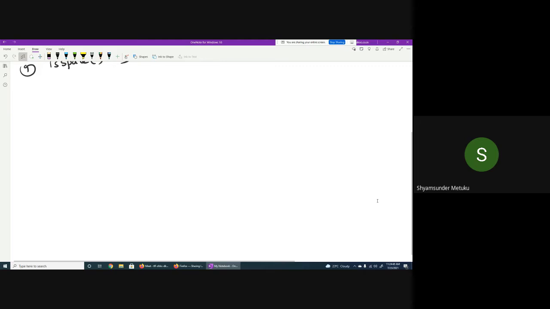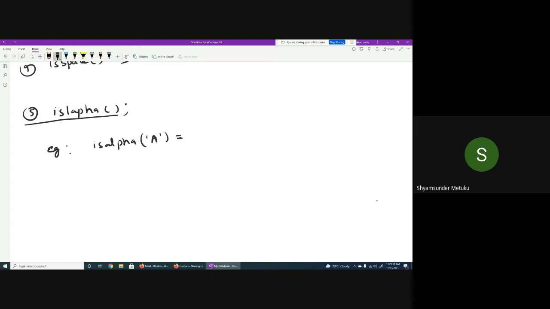The first one is isalpha, the fifth function. Some examples: directly I'm writing the input within single quotes, capital A. Generally the output will be a logical output.